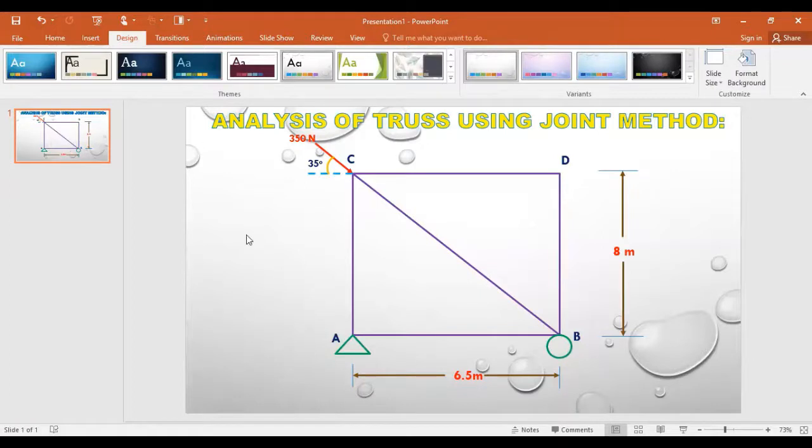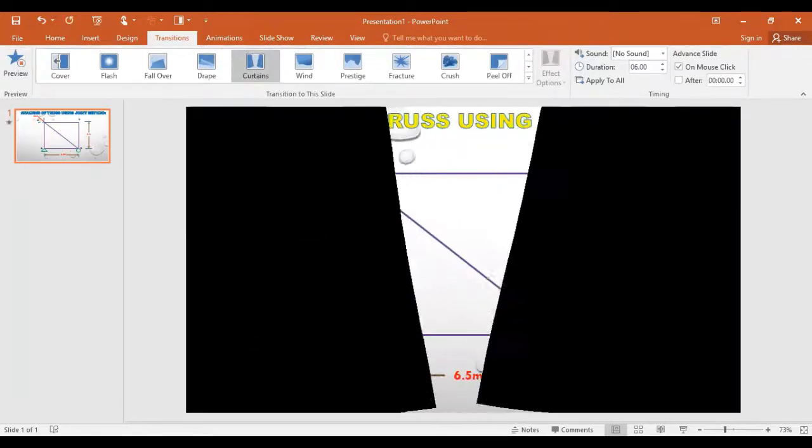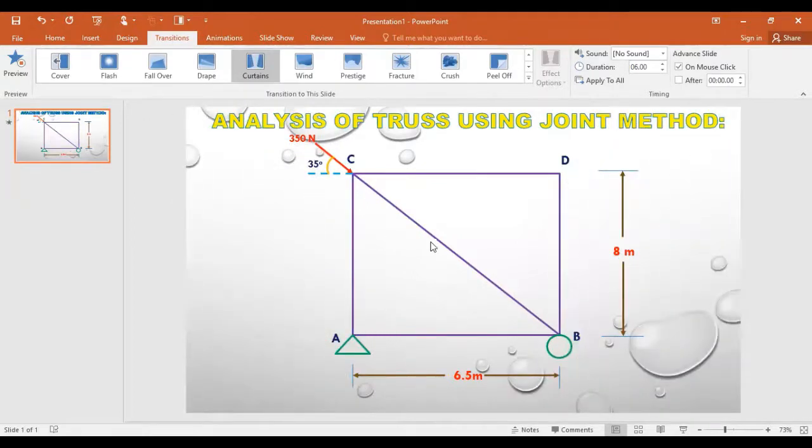And what I'm going to tell you here is that, for example, I have to go in the transitions option, and I am going to select this curtains. And you can see the curtains come over here. So this is the question, and if you want to write down the question here, you can also add an edit text box here. And for example, I have selected this curtains, and I